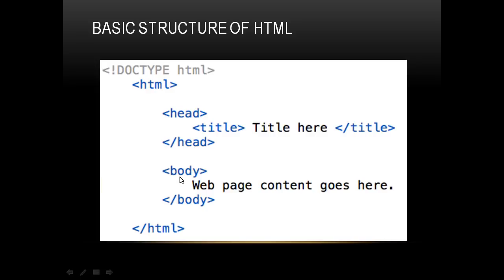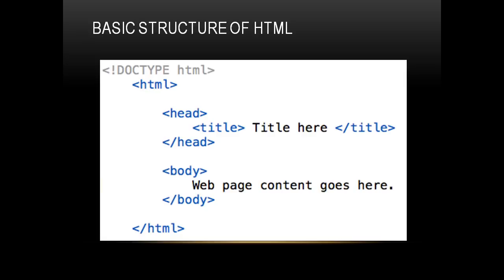Next we have body. The body contains the content of the web page. It means whatever you want to display on the web page, that you will insert within body and /body. And at last this /HTML will indicate the end of our HTML program.